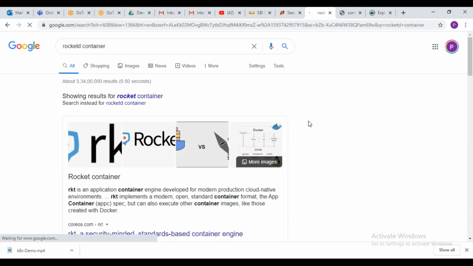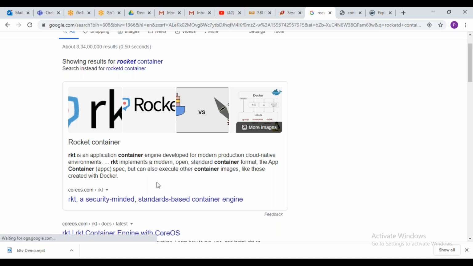Rocket containers are also there, so maybe some organizations might be using it, but about 95% of everyone is using Docker containers. So what we need is to create one virtual machine.